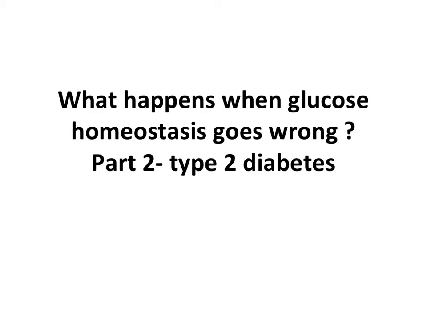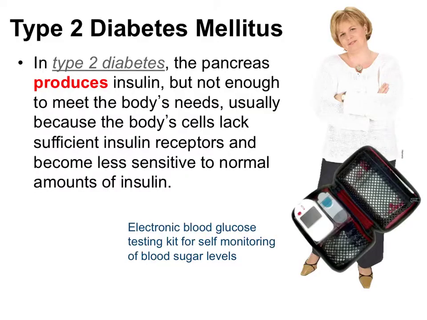This video will cover type 2 diabetes, so also looking at what happens when glucose homeostasis goes wrong, but it's slightly a different way this happens compared to type 1 diabetes. So in type 2 diabetes, and it's still called diabetes mellitus, there is plenty of insulin around for the most part, but instead of the cells being able to react to the message that the insulin is telling them, these cells either lack receptors, which means that they are not able to respond to that information, or another possibility is that their receptors are damaged in some way, or they are a slightly different shape, so they are not